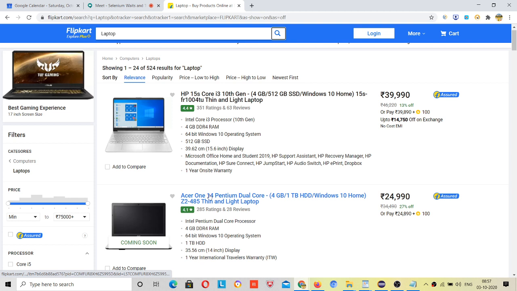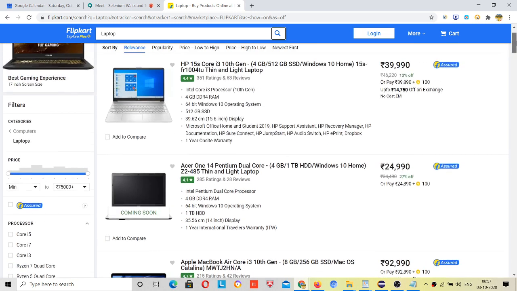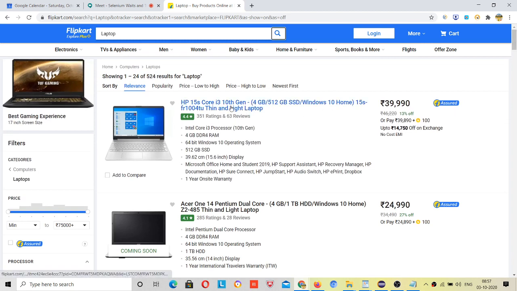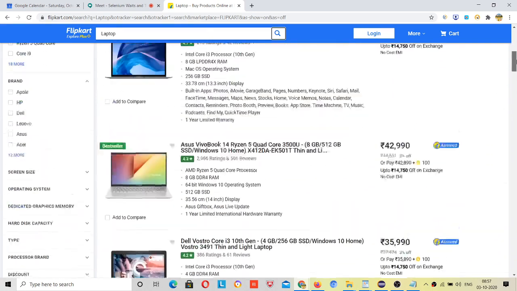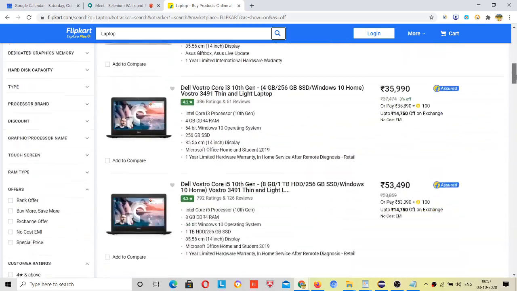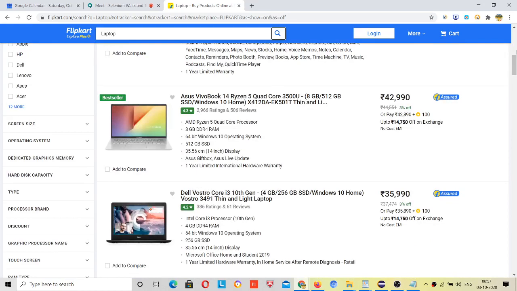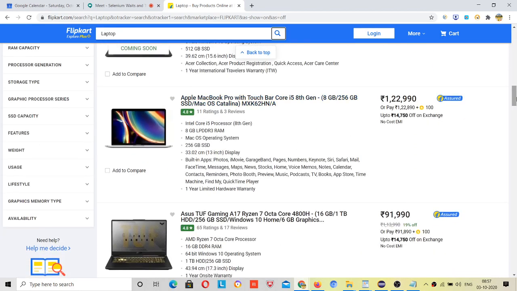So you can see the printing of the description about the laptop is common to all, right? You can see this is printed similarly to this, although data is different, but the class which is used as a design is the same for everyone, right? This I am guessing, I am not sure. We will confirm it by inspecting and writing locators, right? Why do I want to have a common locator value? Just writing a single locator, we can get all these values, right?